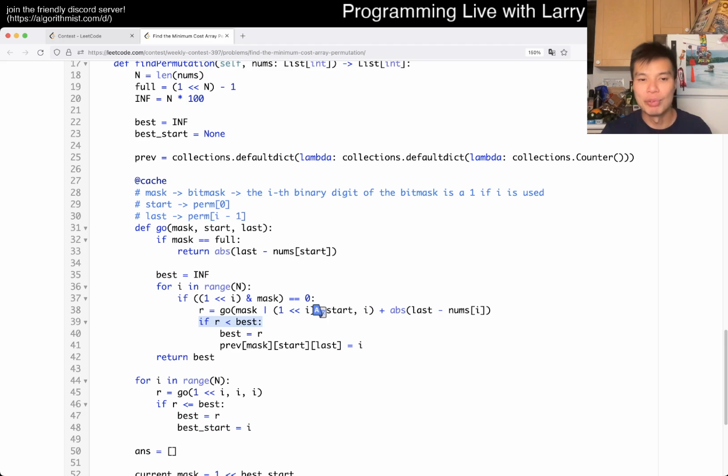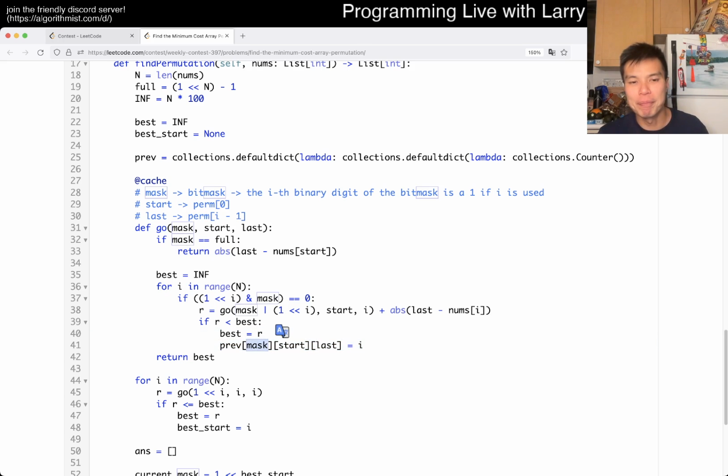that means this is a better answer, we update the best, which we return. But we also set the previous. Previous is actually one thing because in the past I always do path reconstruction backwards. Sometimes I do it forwards. In this case, it's forward. So this is basically just keeping track of the next index, meaning that if